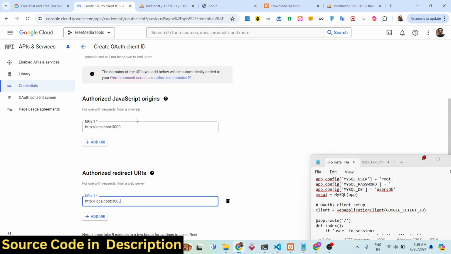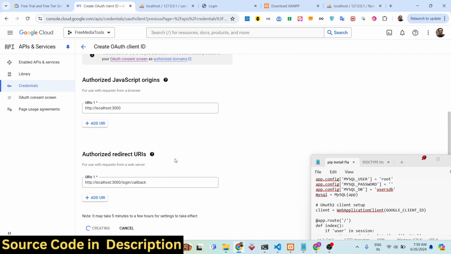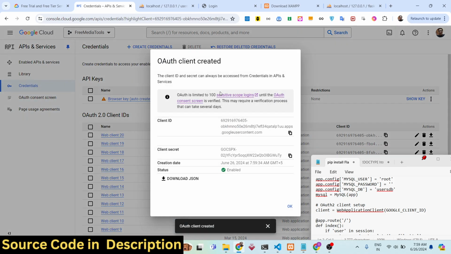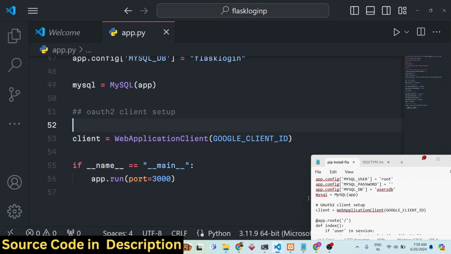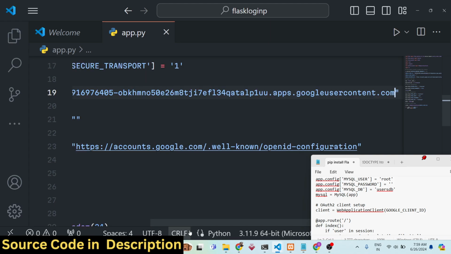For the redirect URI, I will simply say /login/callback. This will be the actual callback URL, whenever you grant the access, where your application will redirect. So I will simply make this URL pattern /login/callback, for later on whenever we do the callback configuration. So this will be our callback URL of the application. After you do this, simply click on create, and now it will give you your information, client ID and client secret. Don't copy this information, this is unique to every user. So simply paste it, and